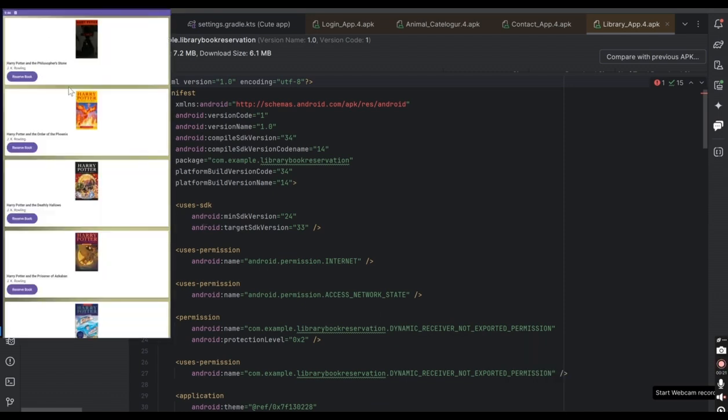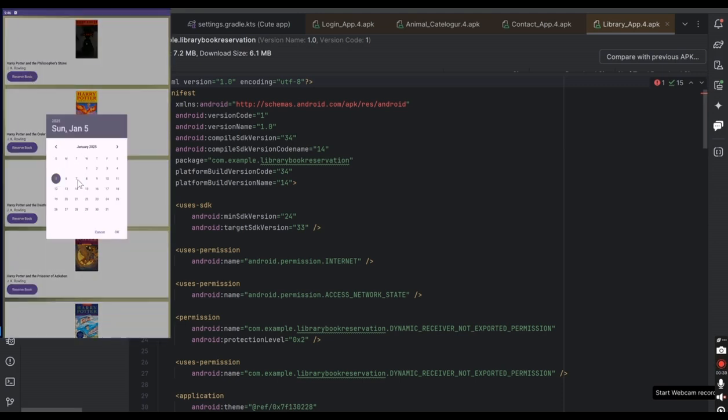So that's the app that popped up, and as you can see over here, the list of books: Philosopher's Stone, Order of the Phoenix, and Deathly Hallows. So I'm going to select Philosopher's Stone, for example. I'm going to click on Reserve Book. It's going to ask what date I need, so from the 7th to, or I can select, actually I'm going to click 8th, click OK,